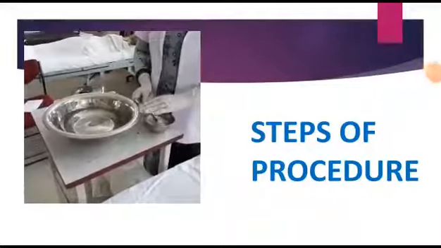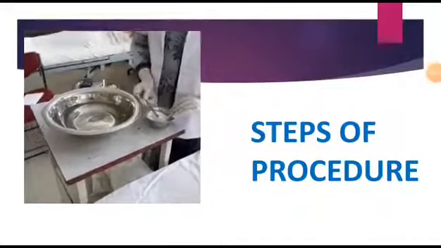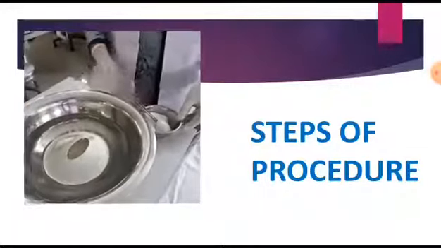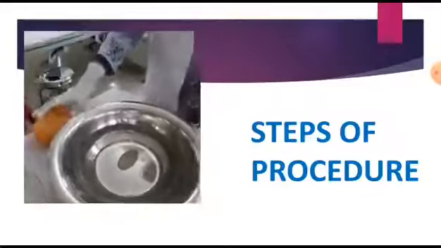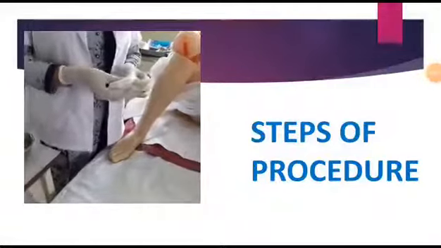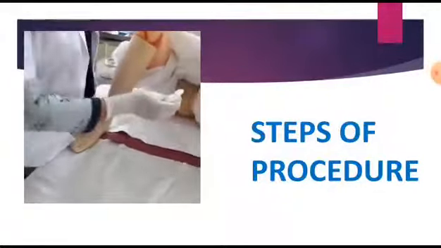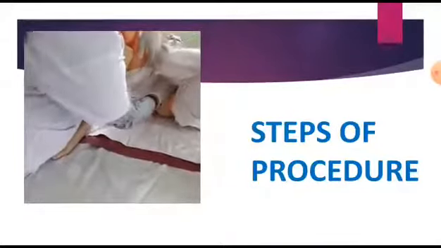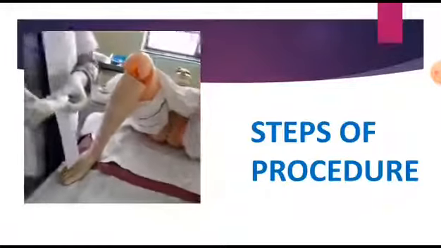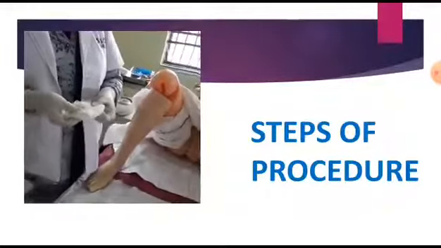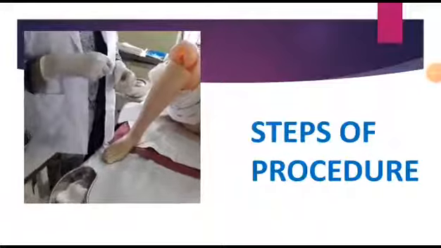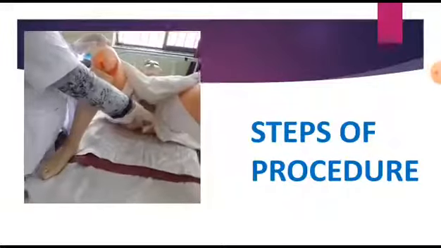Place the wash basin with lukewarm water, tissue paper and artery forceps on the table, and soap in the soap dish. Take a tissue paper, dip it in soapy water and clean one thigh. One tissue paper is used for only one thigh cleaning. After that, discard the tissue paper in the kidney tray. Same procedure we have to do for the other thigh.